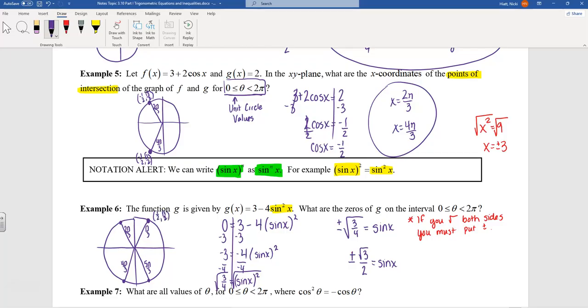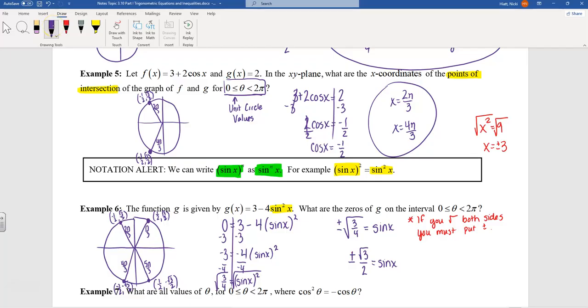And our coordinates here are negative 1/2, root 3 over 2. And down here, negative 1/2, negative root 3 over 2. And over here, 1/2, negative root 3 over 2. So I'm going to have 4 answers because I'm using the positive and the negative of these. If you forget that plus or minus, you're going to miss half of the answers on these types of